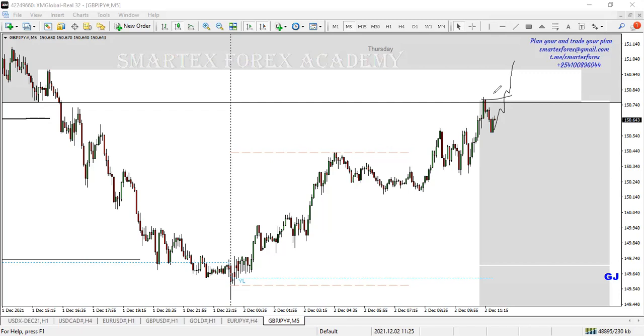Again, another scenario that I'm sure happens. For instance, let's say you expected the price to come here and drop, but maybe you just moved away from the chart for a few minutes. On returning, you find that the market has shifted up, let's say here. You want to just sell here? No, don't. Don't chase the market. The market will always give you a second chance. It's either you miss or you wait for the second chance, but never make the mistake of chasing